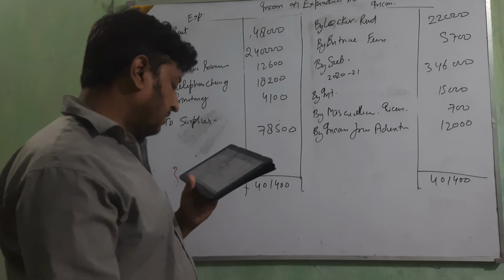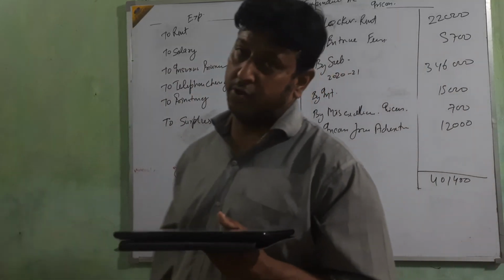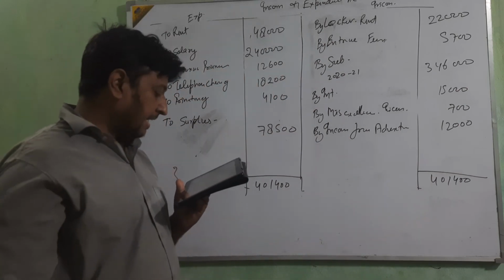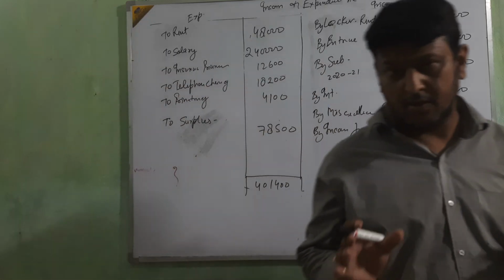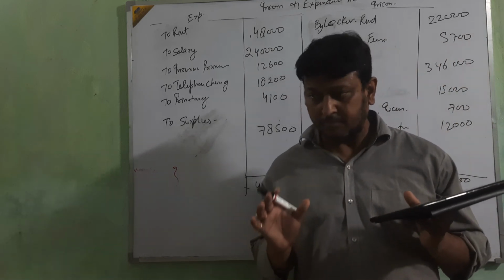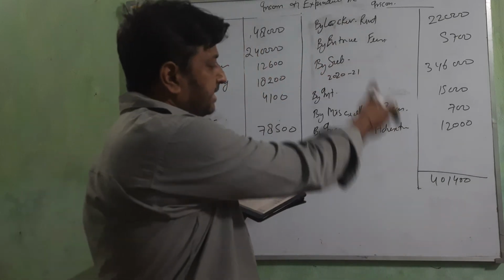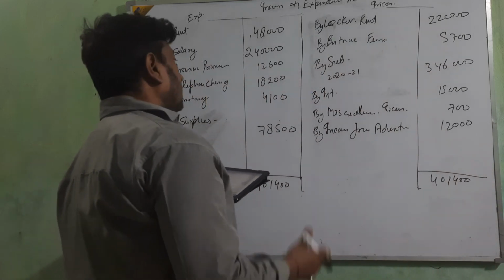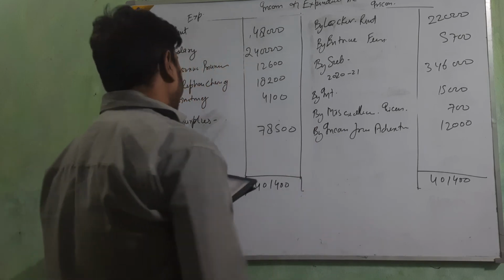And last is the investment purchase. Any type of capitalized expense we are not going to take. So the purchase of investment is capitalized, we are not going to take it. And then cash balance, any type of balance, again we are not going to take. Clear? In this way, we are going to total the amounts. This side is 4,01,400. This side, 3,22,900 will come. Okay, and then take the difference.